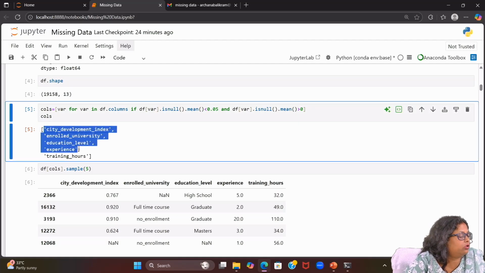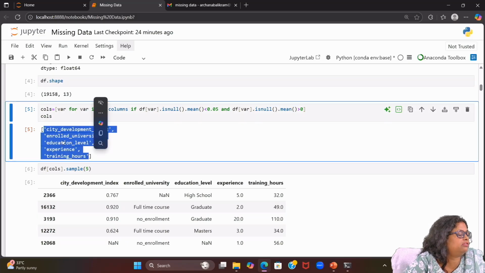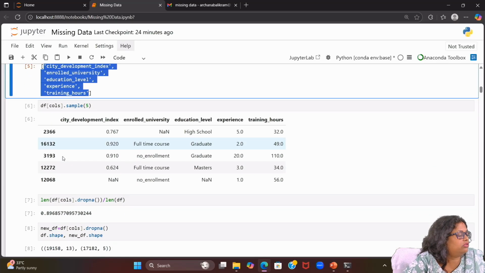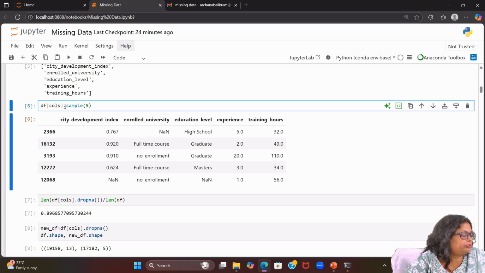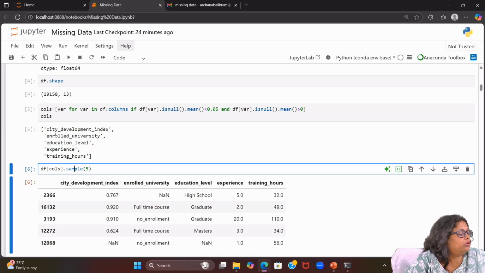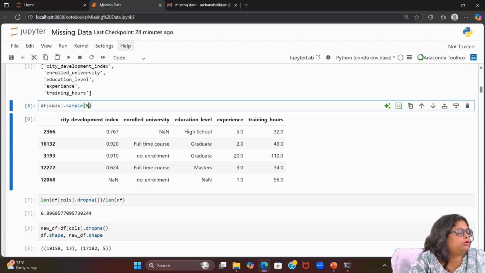So this is the column it has enlisted once we run this piece of code. So now we have to focus on these columns. Just after enlisting those, we do have one function, sample. When we apply it to df.calls and then sample 5, okay, 5 records we are able to see. Similarly we can see 10 records if we put 10.